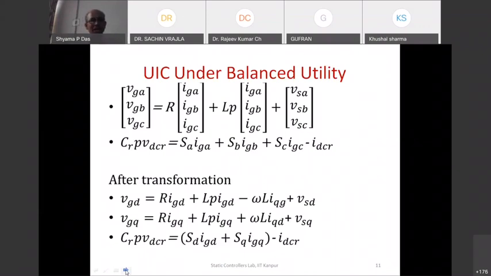So our variables are right now the voltages, the grid voltage in the D axis VGD, the grid voltage in the Q axis VGQ, the grid current in the D axis, and the grid current in the Q axis. SD and SQ are realized by transforming the switching functions by using the same transformation. As we transform the voltage, similarly, this SA, SB, SC can be transformed using the same transformation. So this will involve sine and cosine functions.